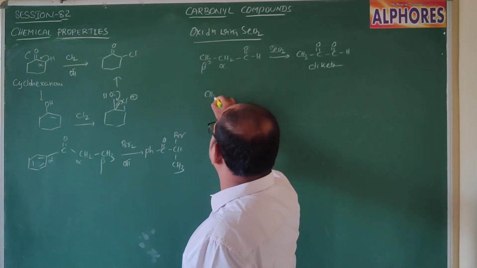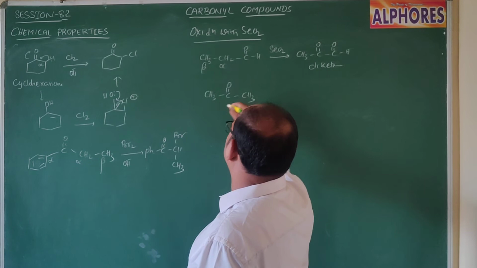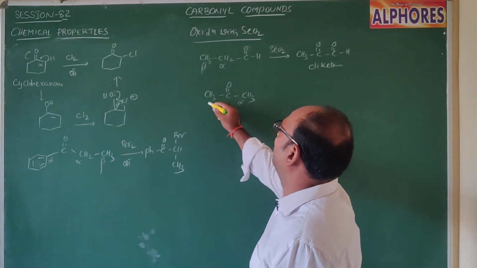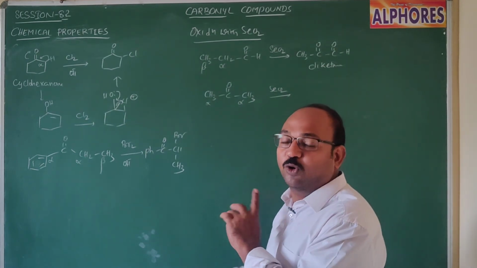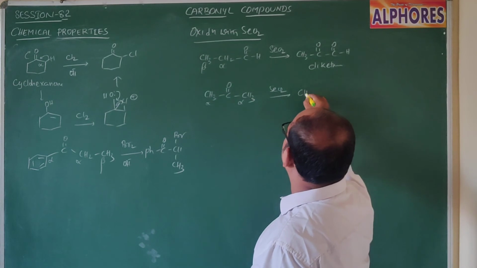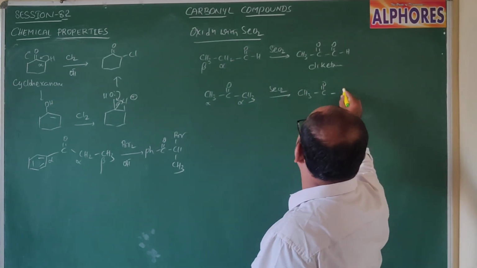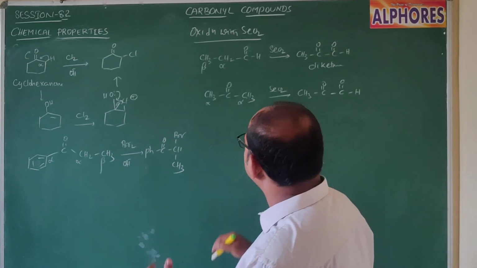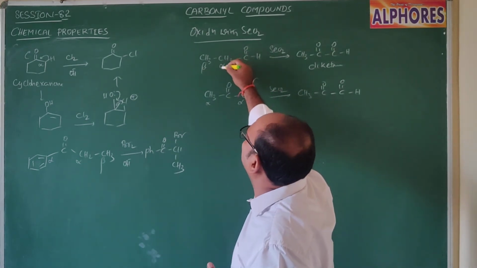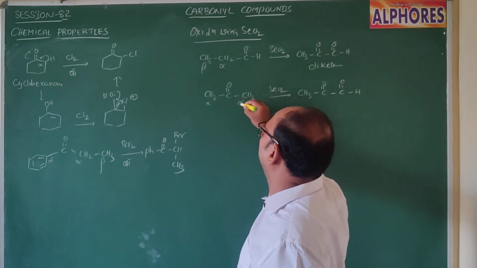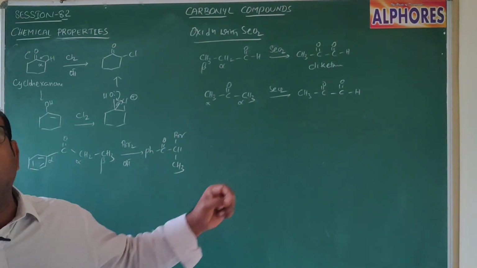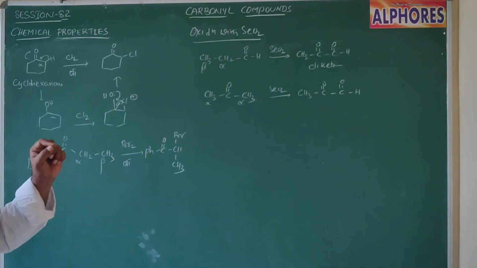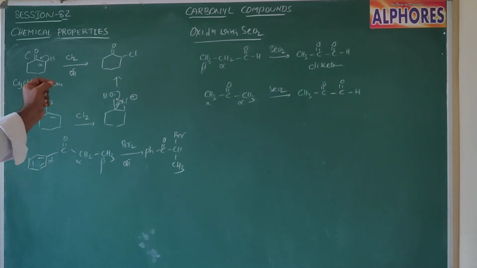Let us see here CH3, C double bond O, CH3. Here with respect to the C double bond O group, both are alpha. Now upon reaction with selenium dioxide, both alpha carbon atoms are not going to oxidize, only one. Then we get CH3, C double bond O, and now this one is going to convert into aldehyde. If you observe, here the alpha carbon is a methylene group, it converts into a keto group. Here the alpha carbon is a methyl group, it converts into aldehyde. That means alpha methylene into ketone and alpha methyl into aldehyde. Whether it is aldehyde or ketone depends upon the nature of the group here.